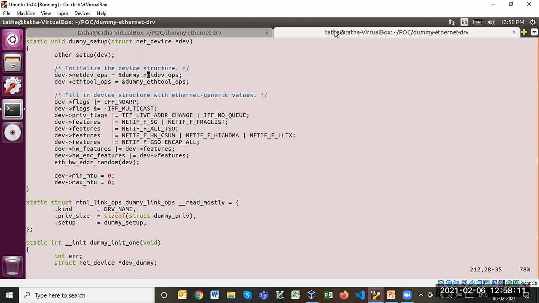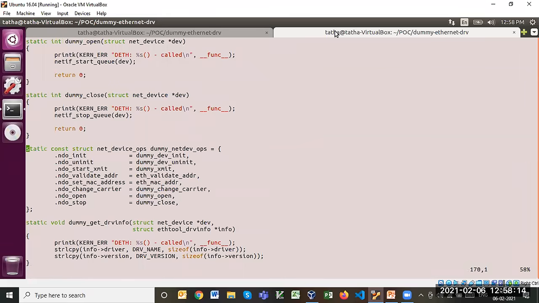This operations structure has a lot of other information as well, for open, for stop, and the most important part is the start_xmit handler. This function is used whenever the network stack is sending a packet. The IP layer first checks the routing table and decides which network interface will be used to send the packet, say deth0.